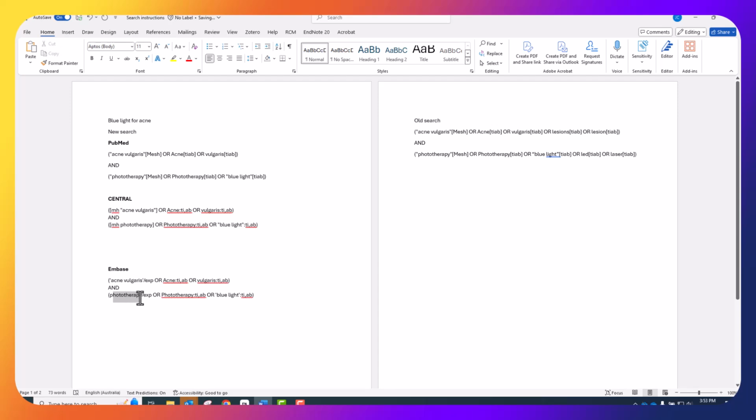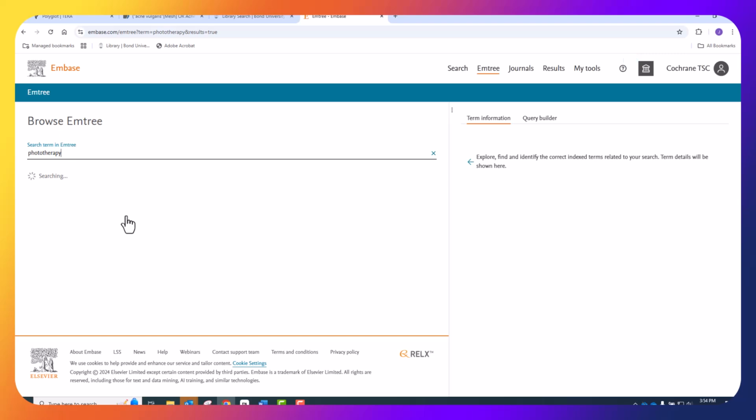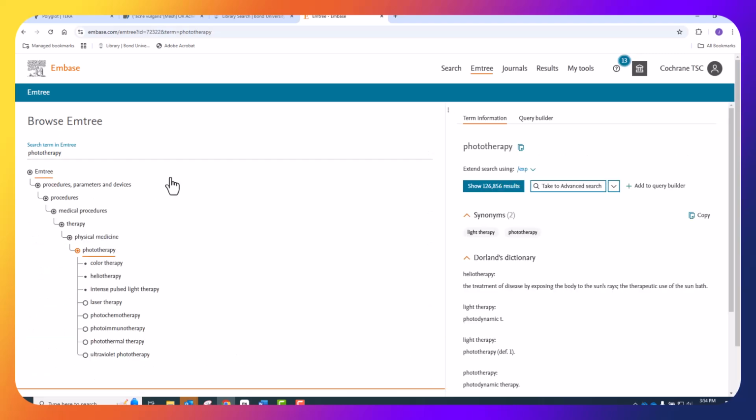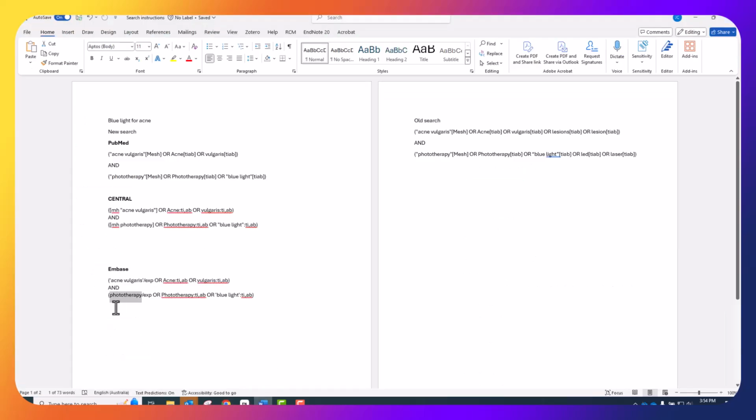I'll just grab phototherapy. Do the same thing. Cool, that's good. Oh, I'll even copy it here. Paste it in over the top. Just delete that extra space there. So when I'm done,